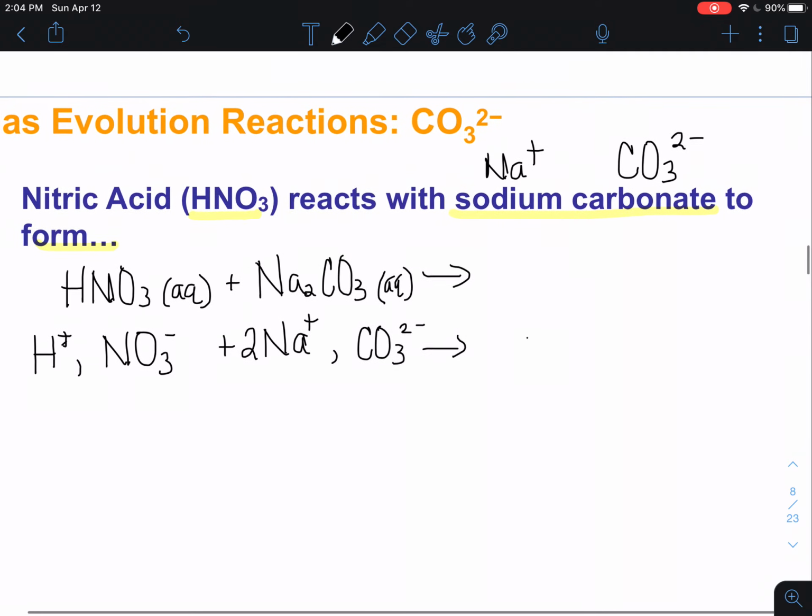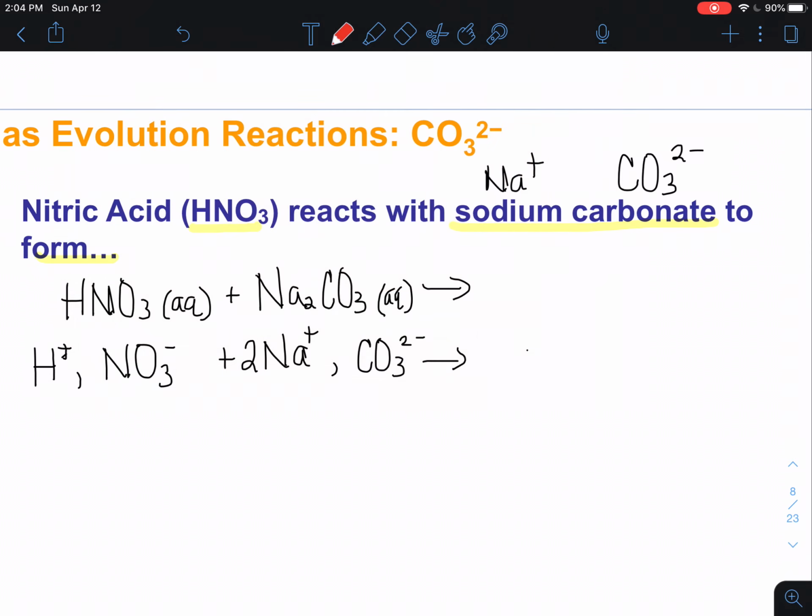All right, now we're going to pair the cation from the first with the anion from the second. You'll notice that the H plus and these guys don't cancel out, so we're going to have to put a 2 here. If I put a 2 there, I'm going to have to put a 2 here, and then I'm also going to have to put a 2 there. Now that I did that, those balance out just fine, so I'm going to go ahead and say